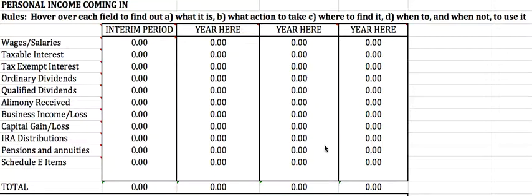Hello and welcome to a training session with Integrity Capital on how to perform a tax analysis for a personal tax return. So the very first thing that you're going to focus on is the 1040, what's called the Schedule 1040 of somebody's personal tax returns. You're going to just go from the very top all the way down, and you will pick which year. So let's just say it's 2016. You'll put 2016 here, 2015 here, and then 2014 here. If there's an interim period of 2017 and you can get somebody's W-2s, then certainly you can put